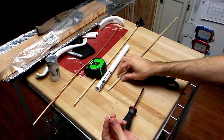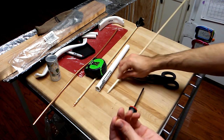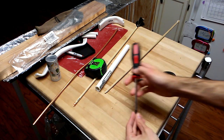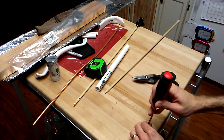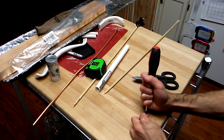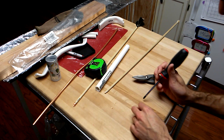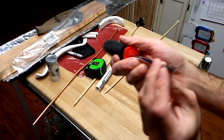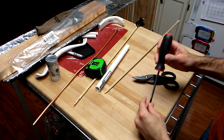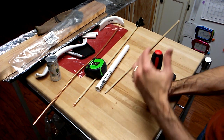You'll eventually get it to the point where you can slide it on farther. And it will take a little bit of forcing, and if you've already got the angle opened up a little bit by inserting something like this, it should just slip right on and force itself to open up even more, which is exactly what you want. Now I can give one more good try to open it up. Oh yeah, it's working. Just forcing in the screwdriver head. That does make it a little bit square because of the way it's shaped, the star shape, but that's okay. If you can get it to open up, you can slide it on, just put a dab of hot glue in